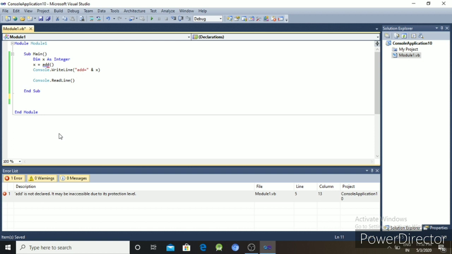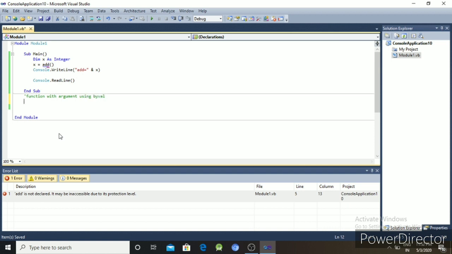Okay, the next is function with argument, using ByVal. I already discussed in the previous video that procedures are used with argument and without argument, and with argument we have to use ByVal, ByRef, ParamArray. Similarly using a function we have to write the function with argument using ByVal.